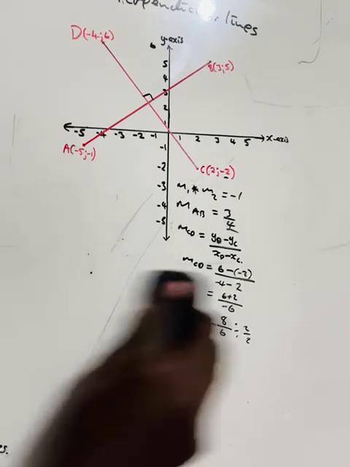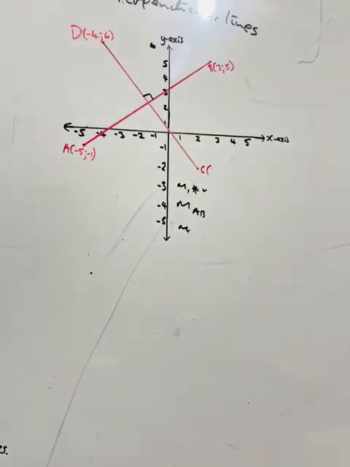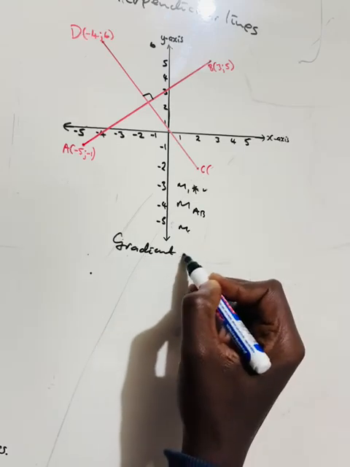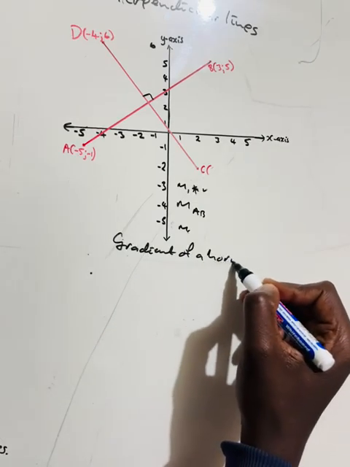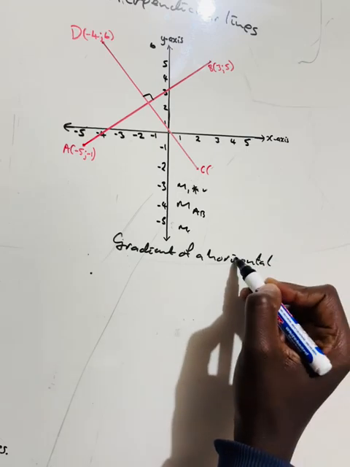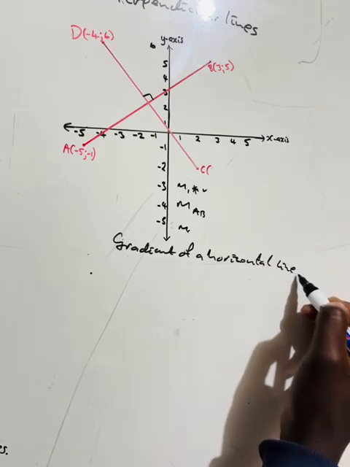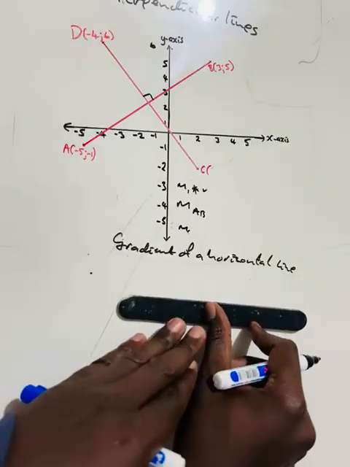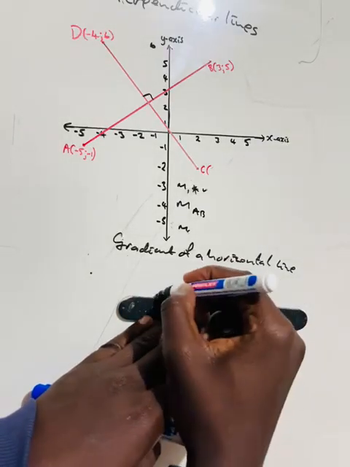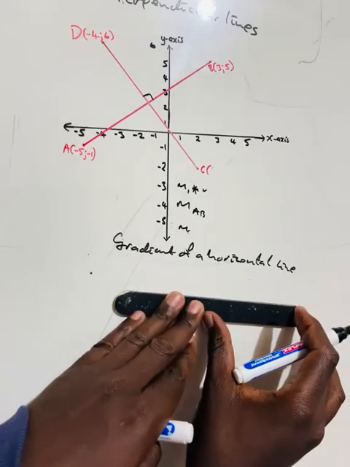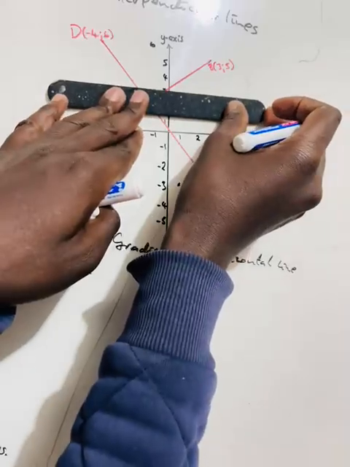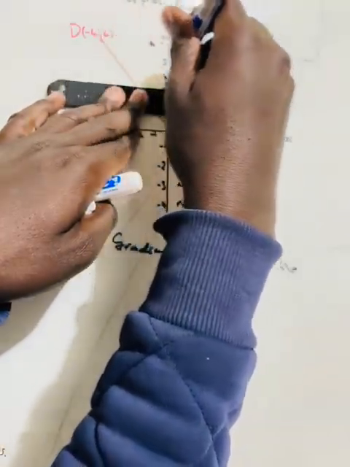From there, we are now left with two types of gradients. The first one which I'm going to do, we are going to talk about the gradient of a horizontal line. Now, here, the next two are very important. To understand the concept, it's important for us to go back to what we said, right? We said the definition of what? The definition of gradient. We said that we need to have change in y values over change in x values,